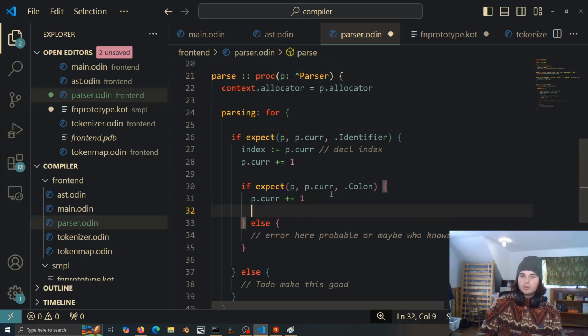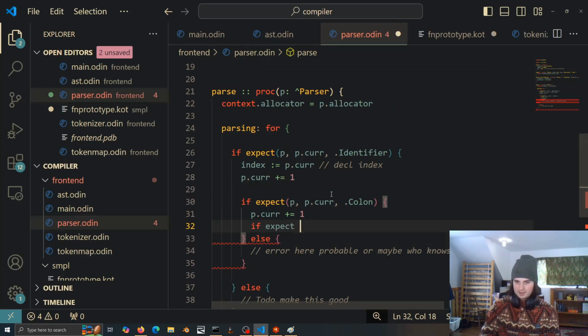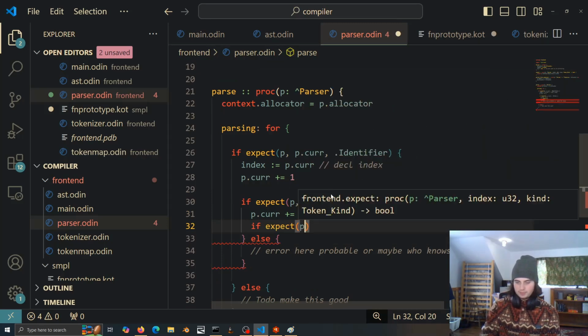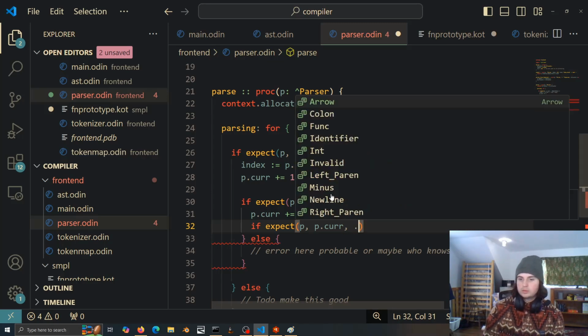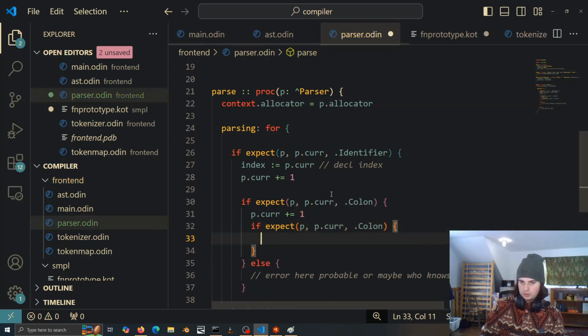So we're going forward. Expect p dot cur. And then we'll do